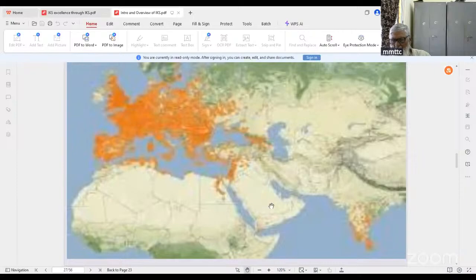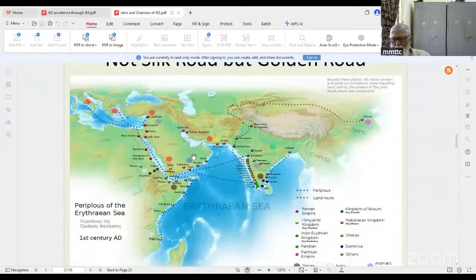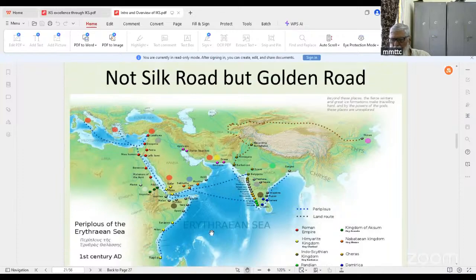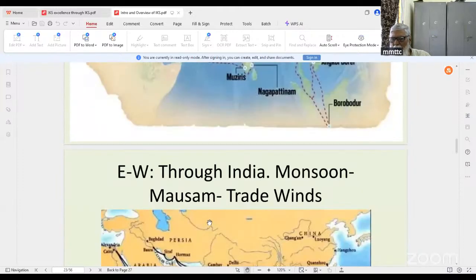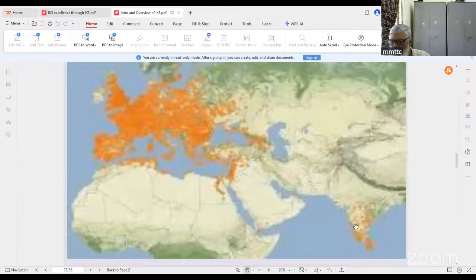Rome was trading, bringing a lot of stuff and taking spices, ivory, silk, cotton, beads, including lion and tiger. They were taking lions and tigers from here so that Roman gladiators would fight lions and tigers. This is how trade worked. In exchange, they would give only gold coins because they had nothing else to give from Rome. So that is how so many Roman gold coins have been found in India. That's the reason why it was very rich.